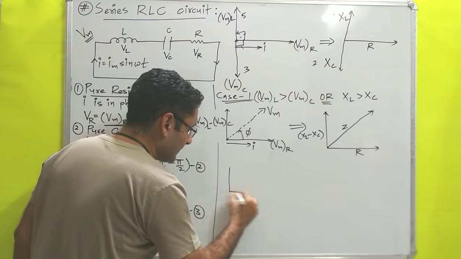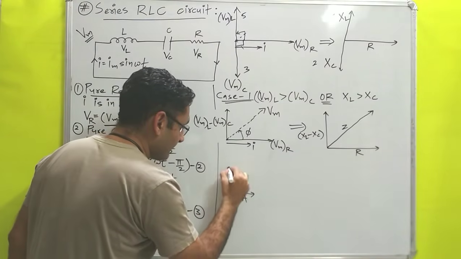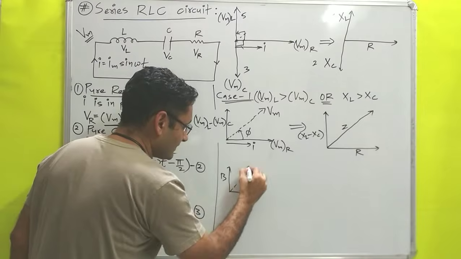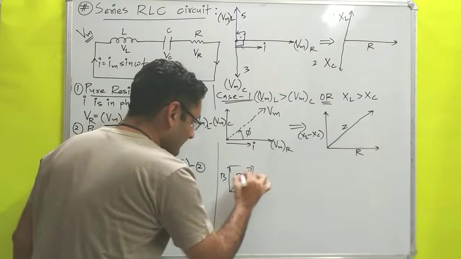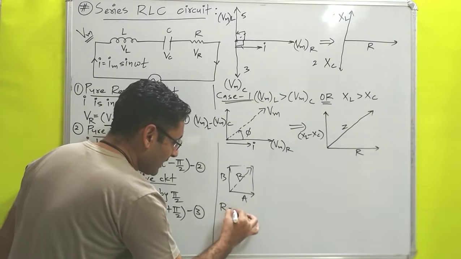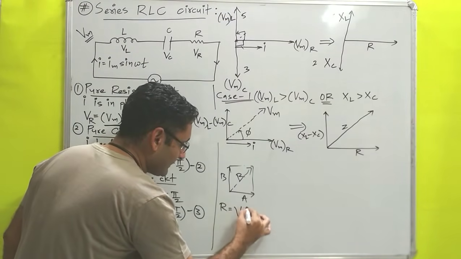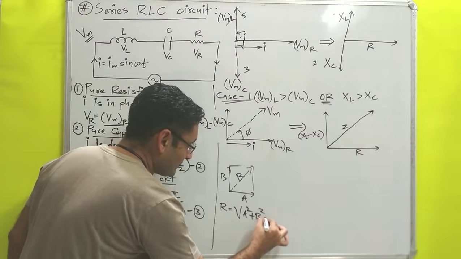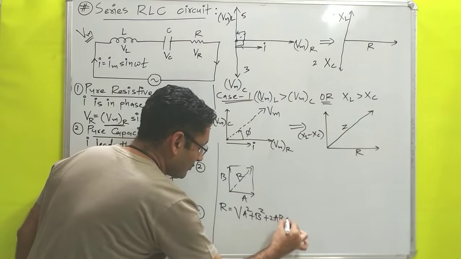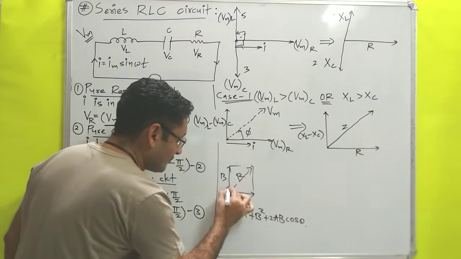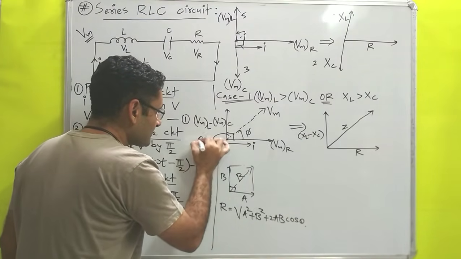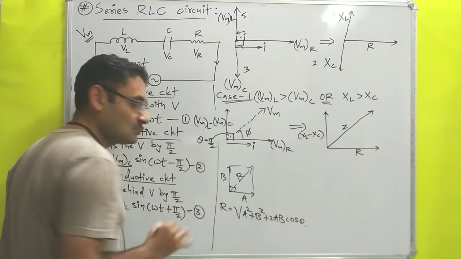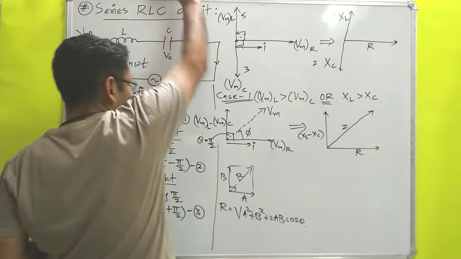You know very well that if two vectors are there, suppose vector A and vector B, and if you want to find out its resultant, you are drawing one parallelogram like this, that is your resultant vector. So equation was what? That R is equals to under square root of A square plus B square plus 2AB cos theta. Theta is what? Angle between two vectors. Over here angle between two vectors is what? It is theta is equals to pi by 2. Okay, so that thing you know very well.